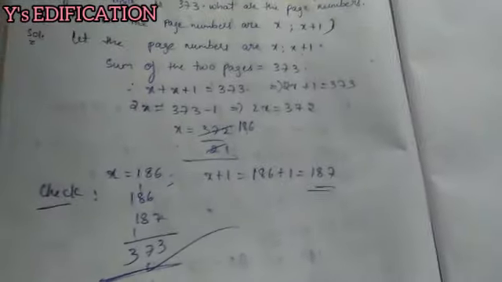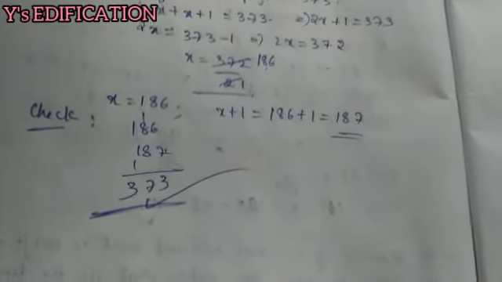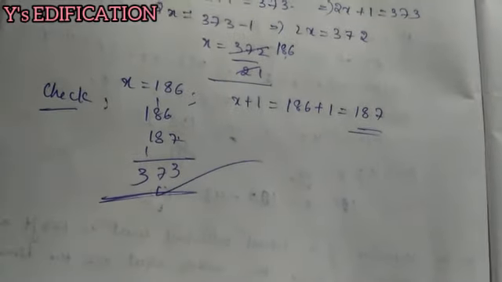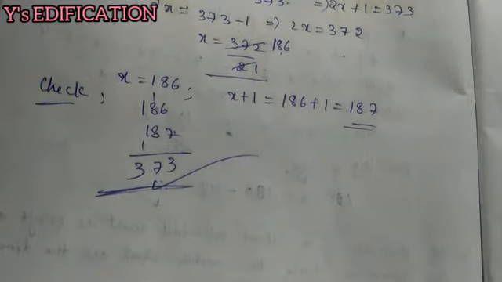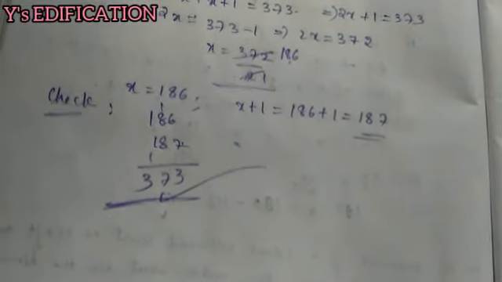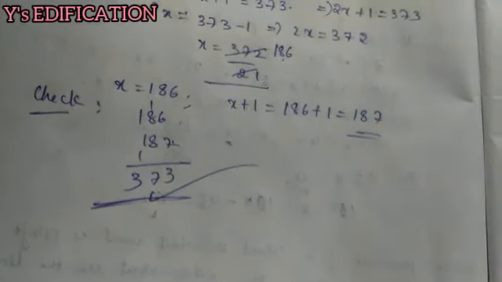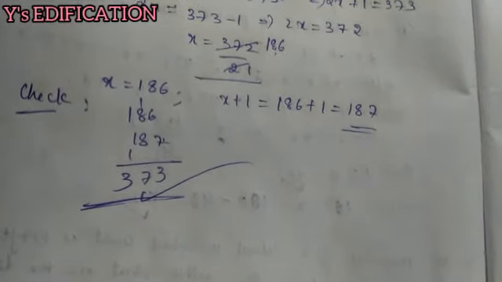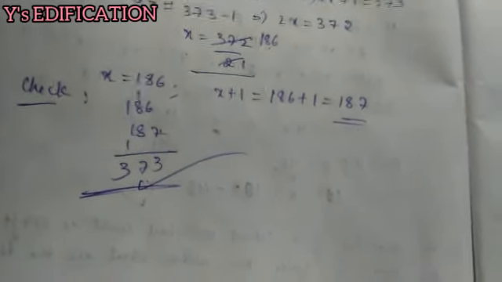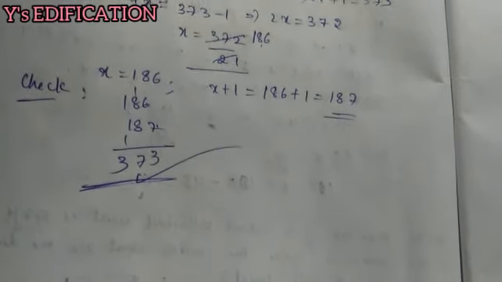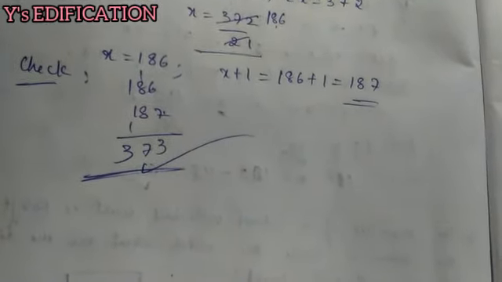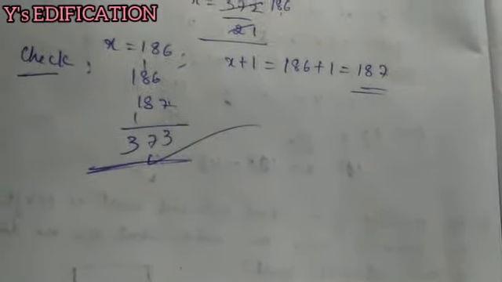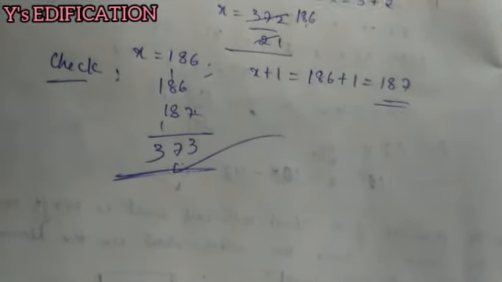So in this way we have to do all the problems. Okay. And you can also solve the examples which are given in the textbook. Try to do the problems, and for every problem we have to check whether the answer is correct or not. Okay. And the main important thing we have to do first in these problems is identify what is given in the question. We have to try to understand what is given in the question, write the given data, and solve according to the problem. Okay. In this way we solve many problems on this topic.